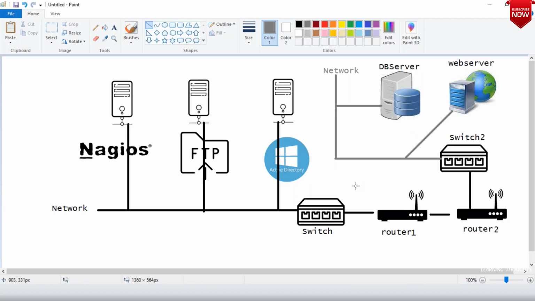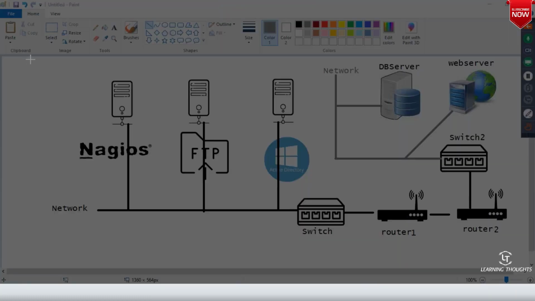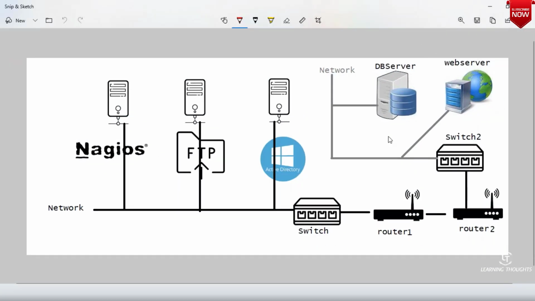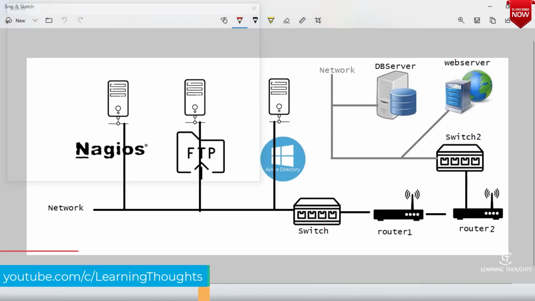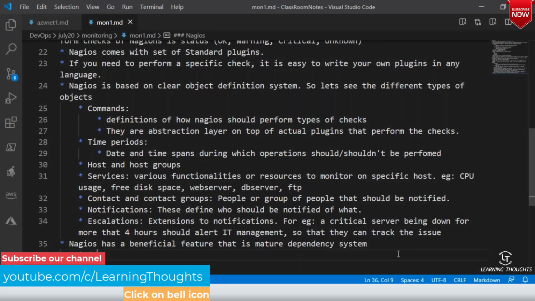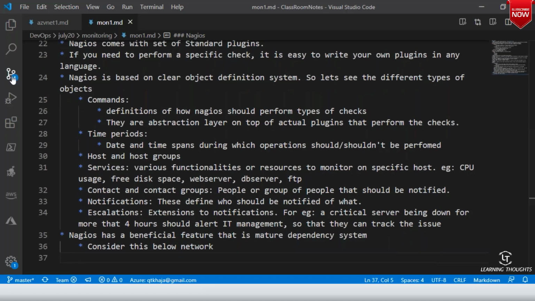Am I clear on this? Okay, so this is how your network is organized. Now consider this network below. So it would be MON6.